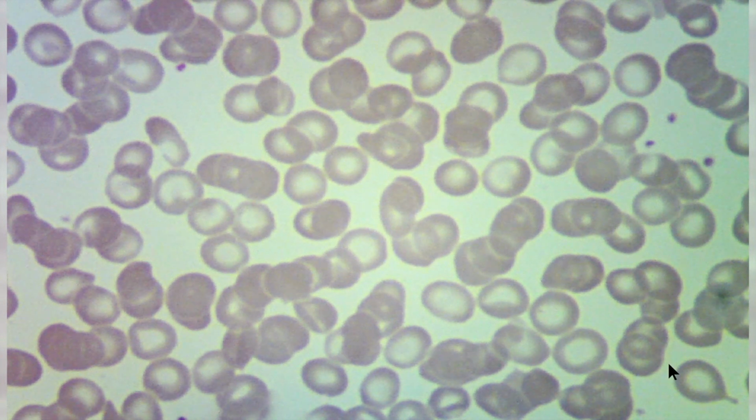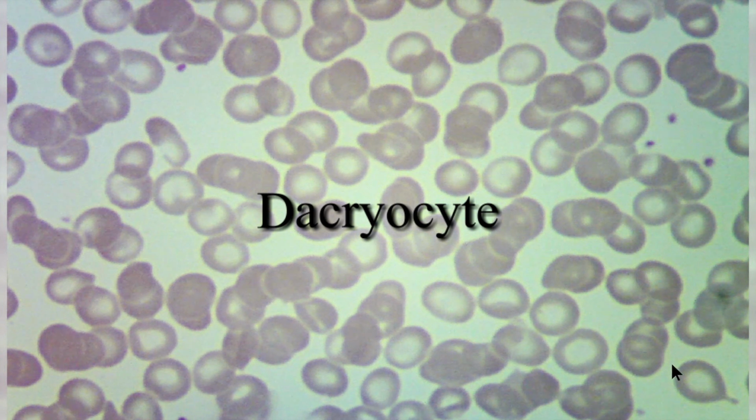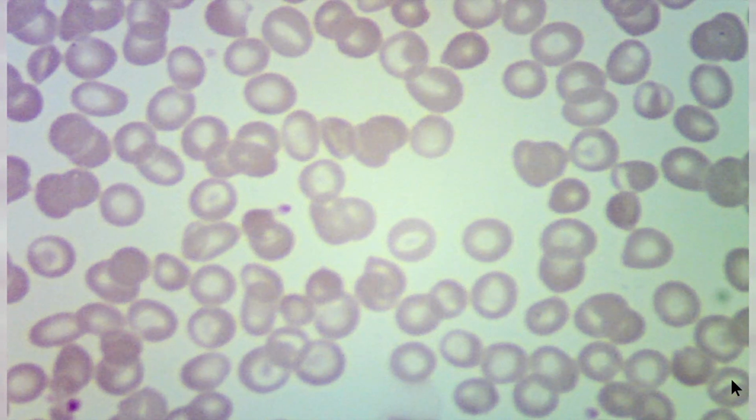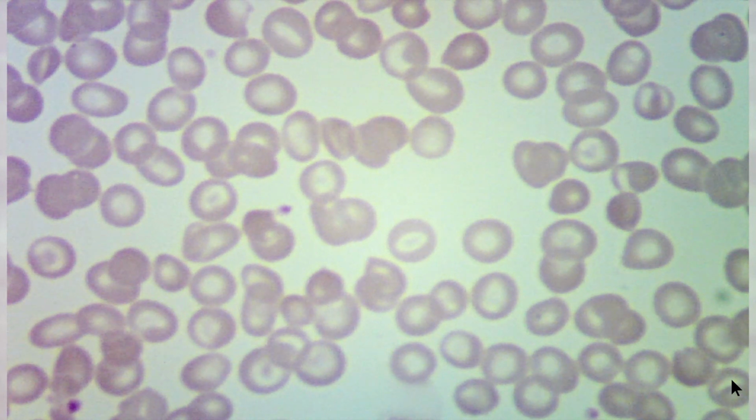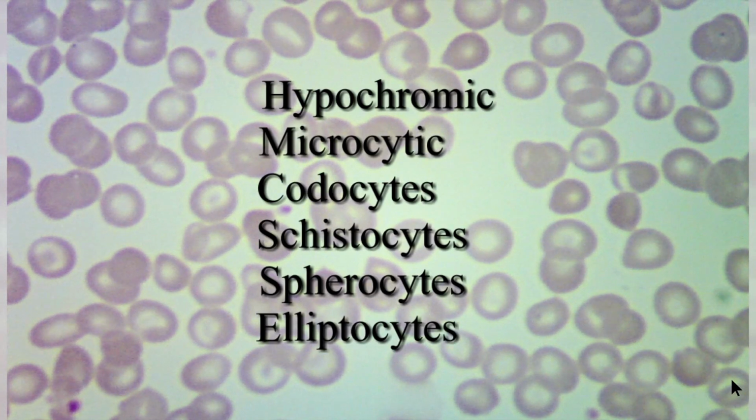There are possibilities that you have other abnormal morphology of the red blood cells. There's a dacryocyte in this corner, and basically you have to review several fields, and when you see a morphology that is persistent in several fields, then you would be able to include that in your report. For this report, I will indicate the hypochromic microcytic cells. I would indicate the presence of target cells. I would perhaps indicate the presence of abnormal morphologies such as spherocytes, schistocytes, as well as